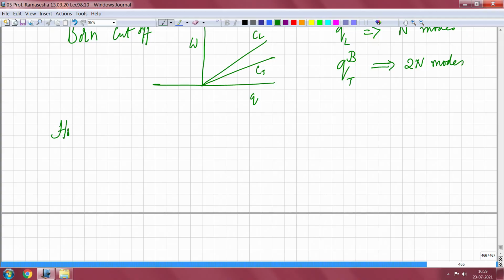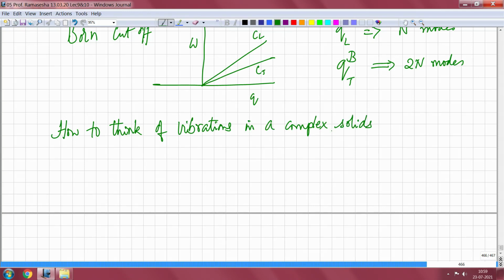Now in this lecture, what I am going to be doing is to show you how to think of vibrations in a complex solid, because so far we have only discussed a one dimensional chain with either one atom or two atoms. Okay, so let us see how to do it.